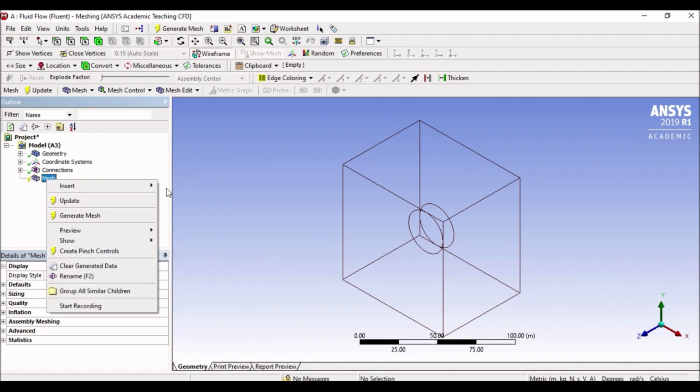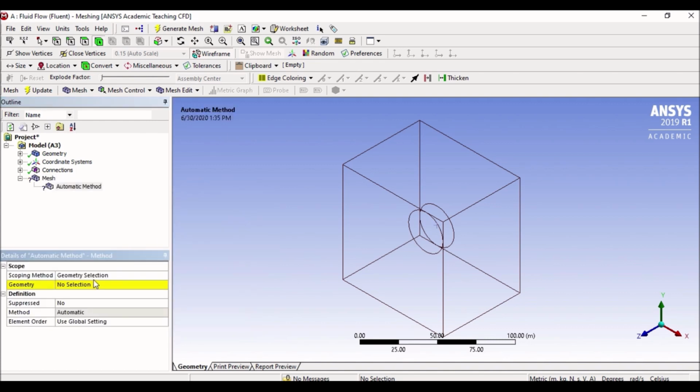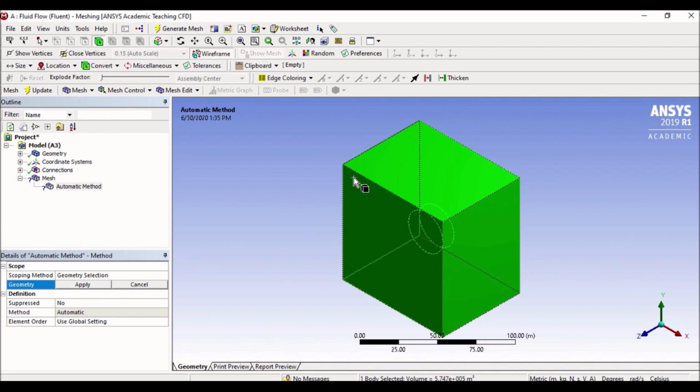I say insert mesh method. So there are different ways of meshing your own geometry holistically, but let's look at the one which is the most easiest one, or the one to start off with. So let's start with method. It will ask you to first select geometry. So I would click on my geometry,